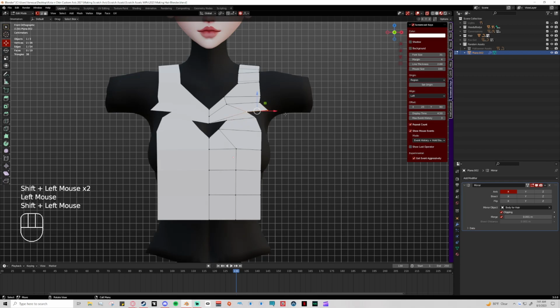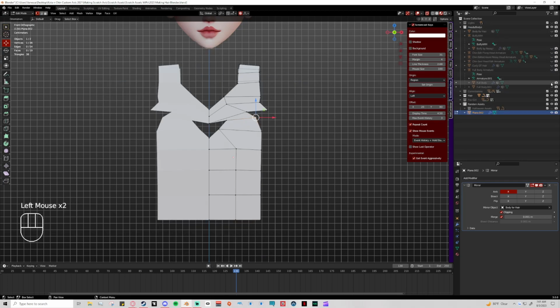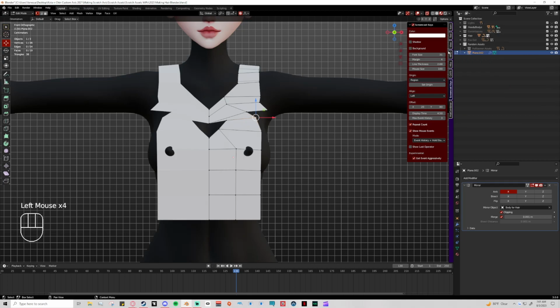I'm going to take this. I'll do the sleeves first. So let's go ahead and change to the full body so that we have... I'm going to do the sleeves first, and then I'm going to come back and wrap this